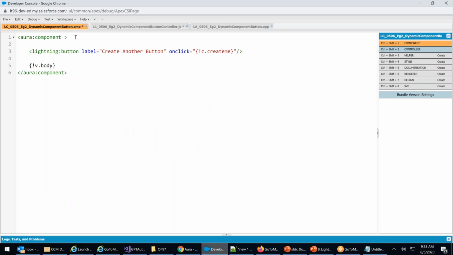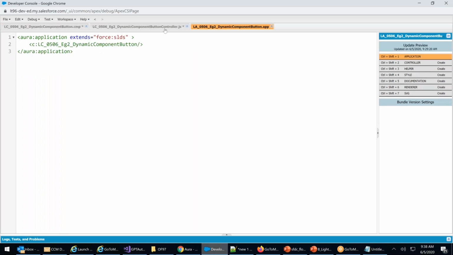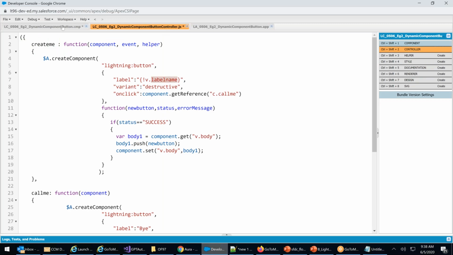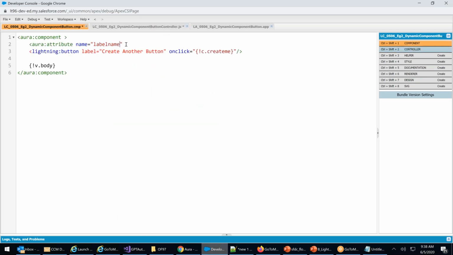Whatever value you pass will be passed to the button. Name equals label name, type equals string, default equals hello.